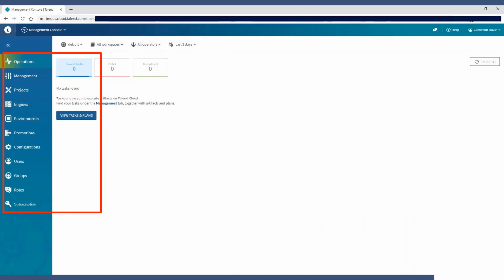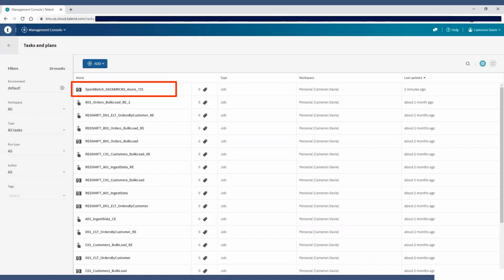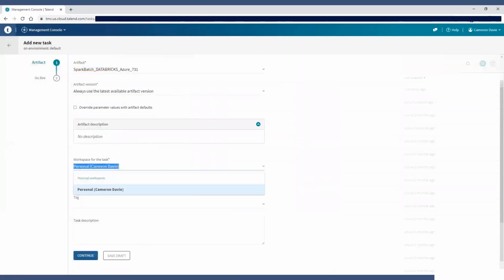I want to be able to view tasks and plans because that's where I'm going to go ahead and run a job. So on here, I have all of my various jobs that I have loaded in the past. The top one is the one that I just uploaded to Talend Cloud, and I want to be able to add a new task, or essentially a run cycle, for this job. So I'm going to go ahead and hit add, and that will run me into adding a new task for